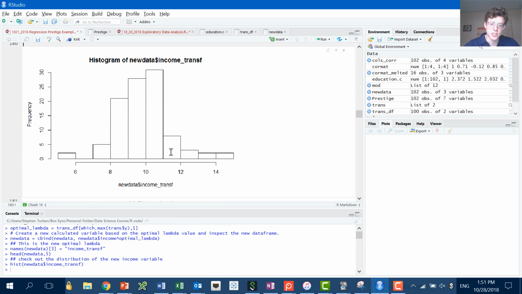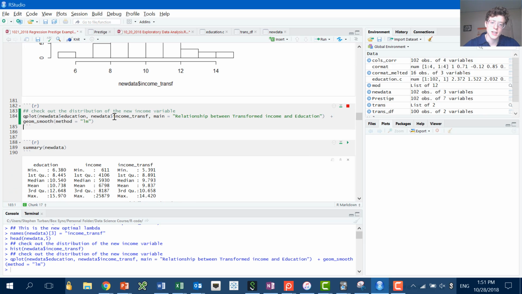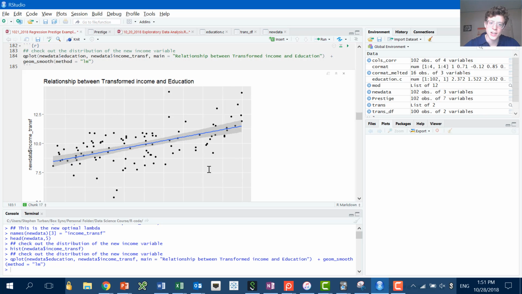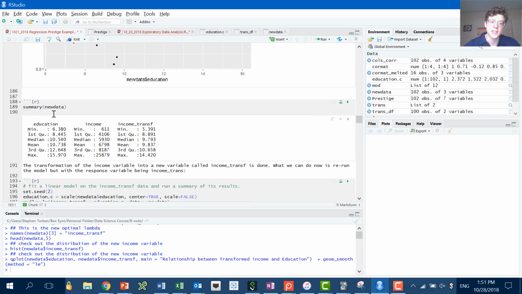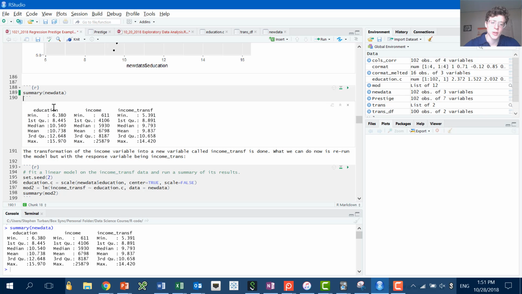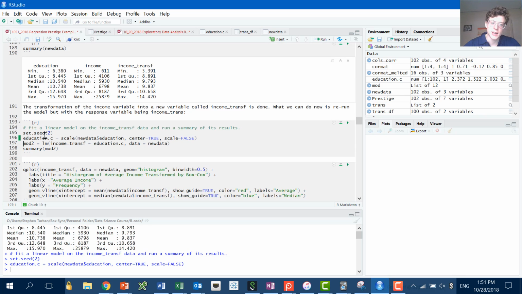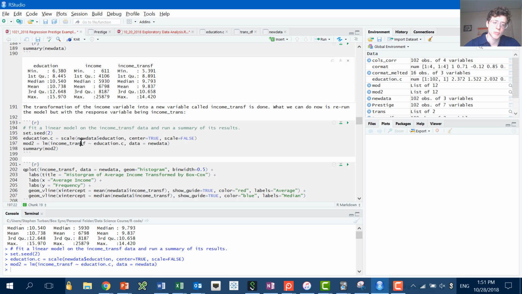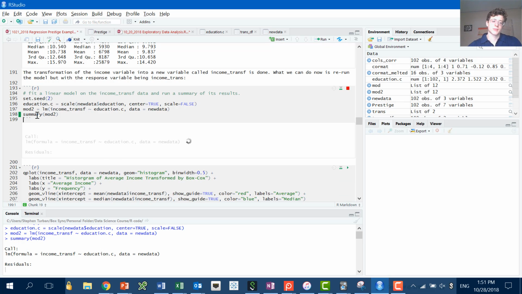The transformed data looks maybe a little bit more normal, less right skewed. Maybe this will produce a better result. Yeah, here we go. Again, it looks a little bit more normal. This is transformed income here using our transformed statistic. Let's see. Here we go. Yeah. Let's see if this actually makes a better model. So model 2, we're now predicting the transformed income, and then let's see how well it does.